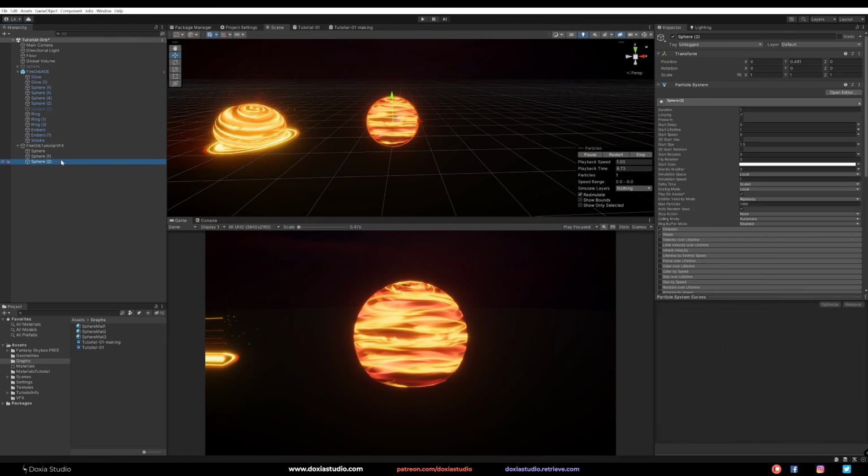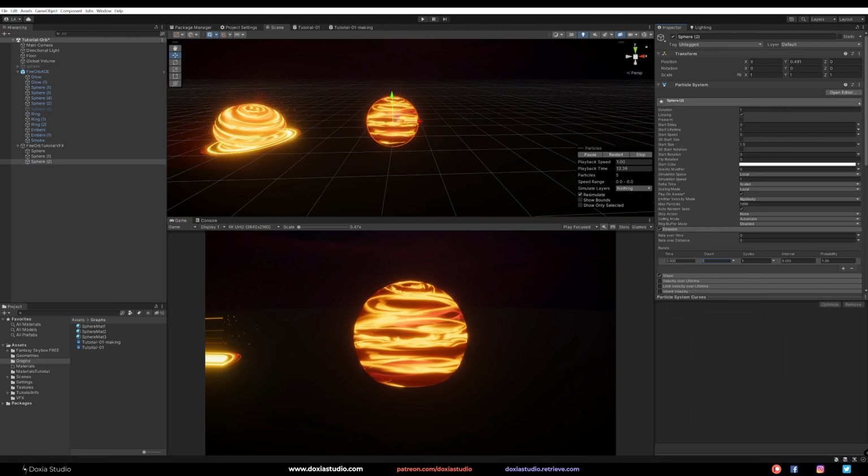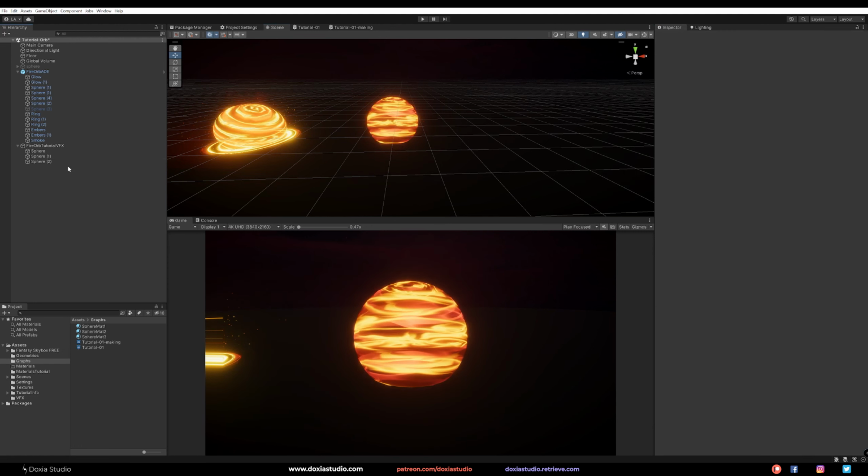Maybe if you want, you can duplicate this or instead go here to emission and emit more of those, so we have a darker or more reddish look here. Okay, that's too much for my taste, but 2, I think is cool. That's pretty cool for a fire orb.